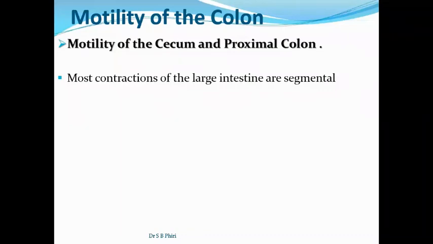Most contractions of the large intestine are segmental. So you have segmental contractions, which are mixing contractions. You need these mixing contractions to facilitate absorption, because as you're having these mixing contractions, they are also changing the layer of chyme in contact with the absorptive surfaces so that you can absorb as much water and as many minerals as possible. So you have absorption of electrolytes and minerals taking place within the large intestine. That's why you also have a lot of segmental